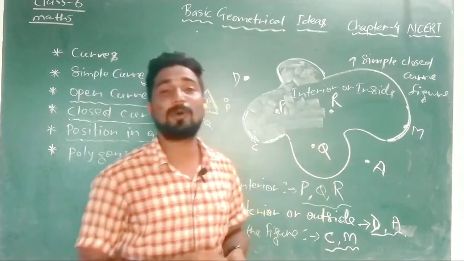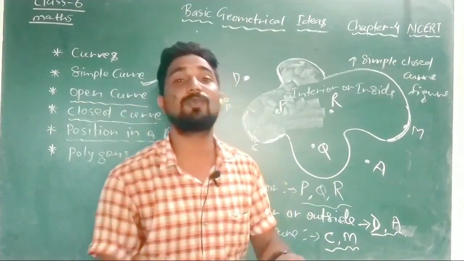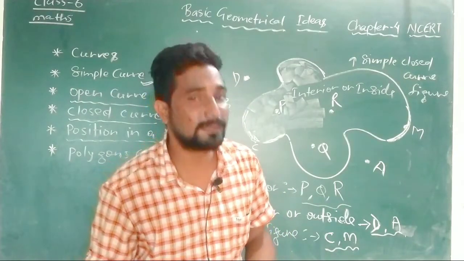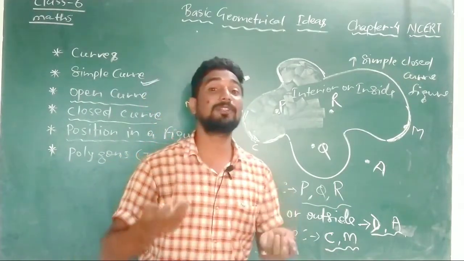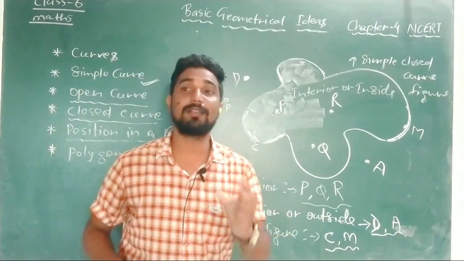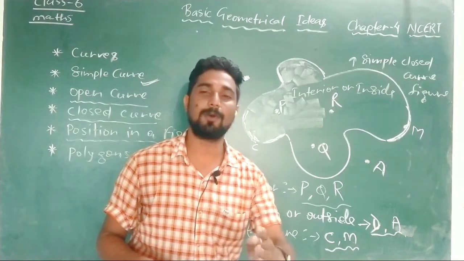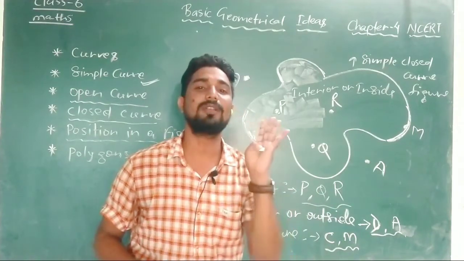You must have seen the boundary rope in the cricket stadium. If the ball crosses the boundary rope, it means what? 4 or 6. So crossing means the ball is crossing the area where the area is restricted. That is the last point. If the ball crosses that point, it will be 4 or 6.